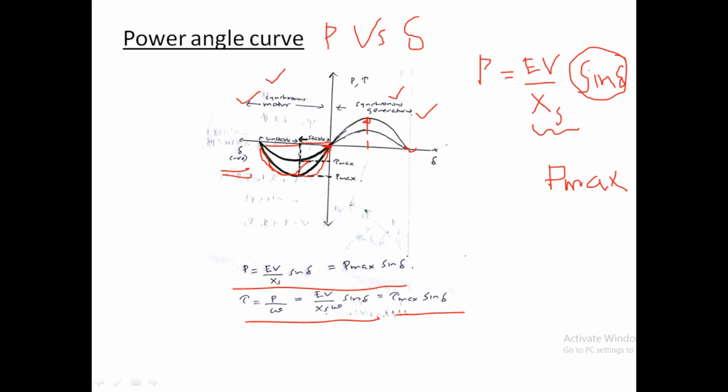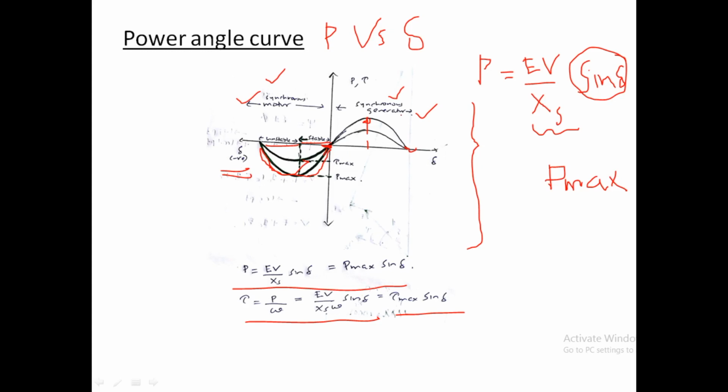So this is also very important: what is a power angle curve and how we draw it for a synchronous motor. You just remember this one. For a generator we draw in the positive x-axis, and for a motor we draw in the negative x-axis, because delta will become negative in case of a motor. Power also: if we take active power in one direction in case of a generator, for a motor the power flow will be just opposite, just reverse, because both are doing reverse things, which means it will be negative.